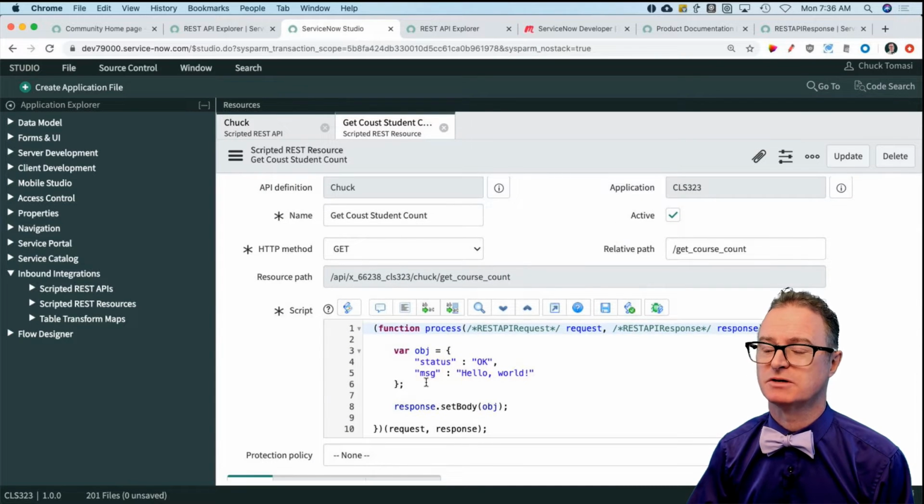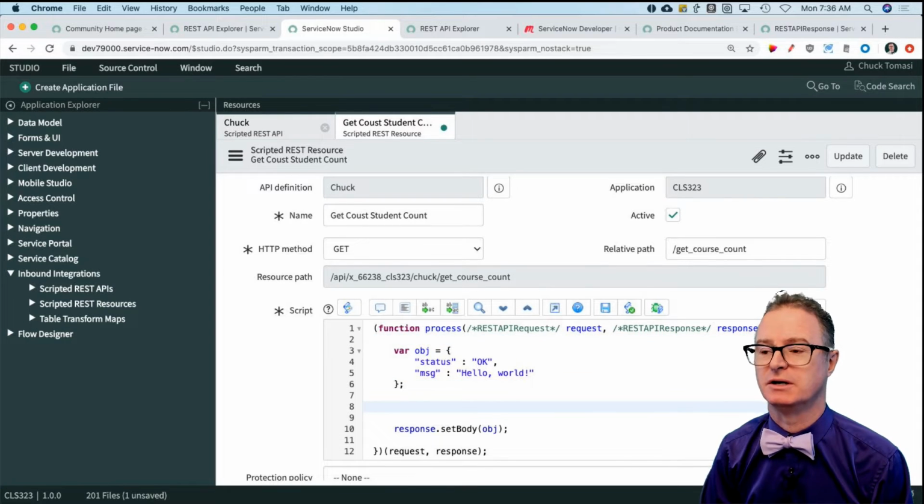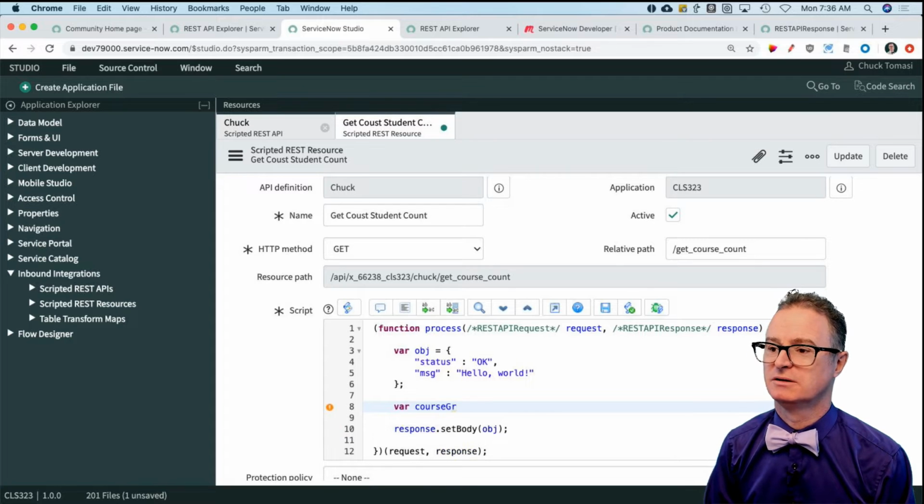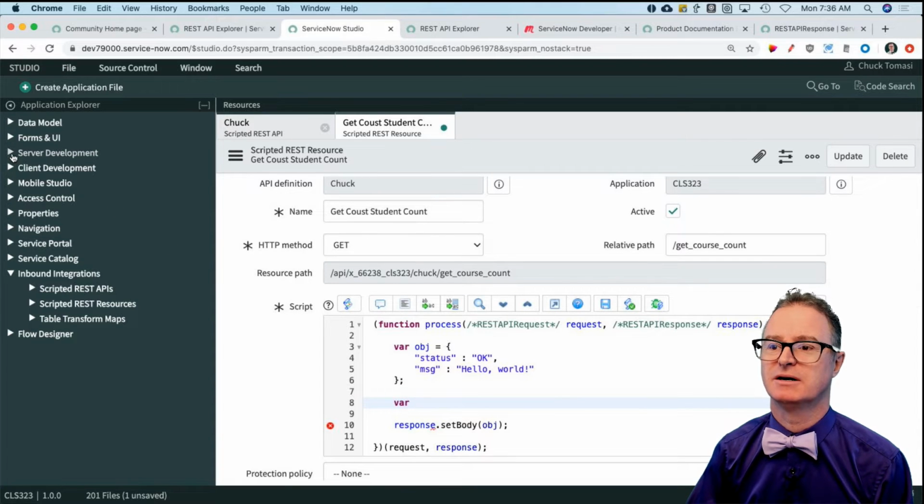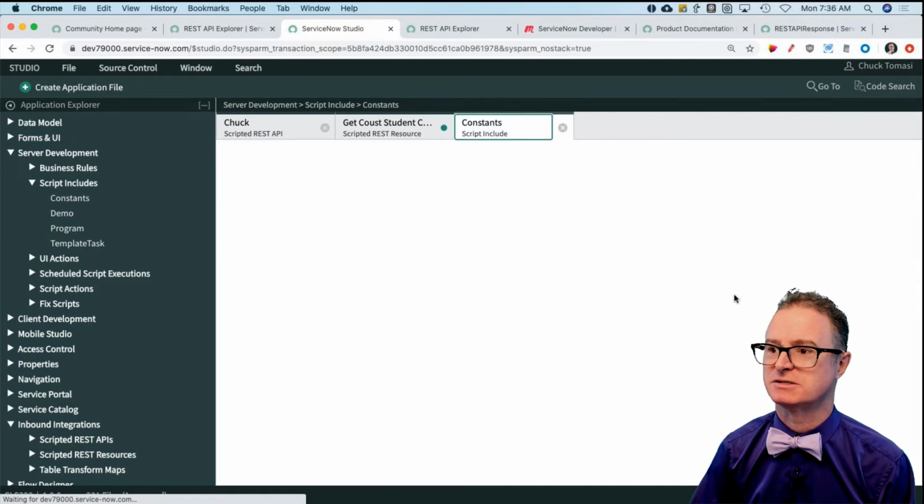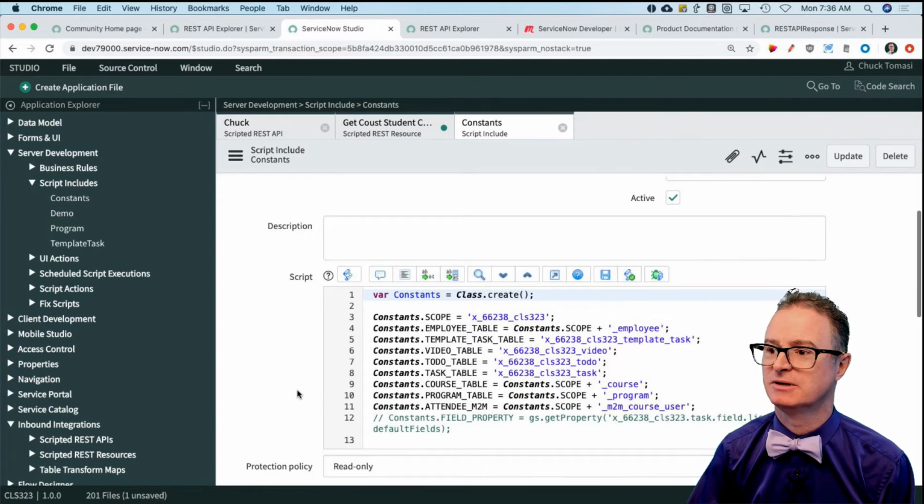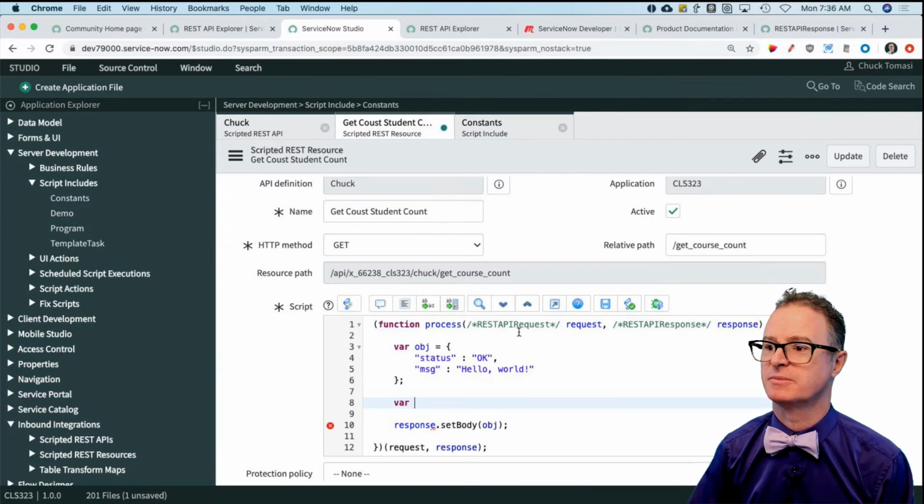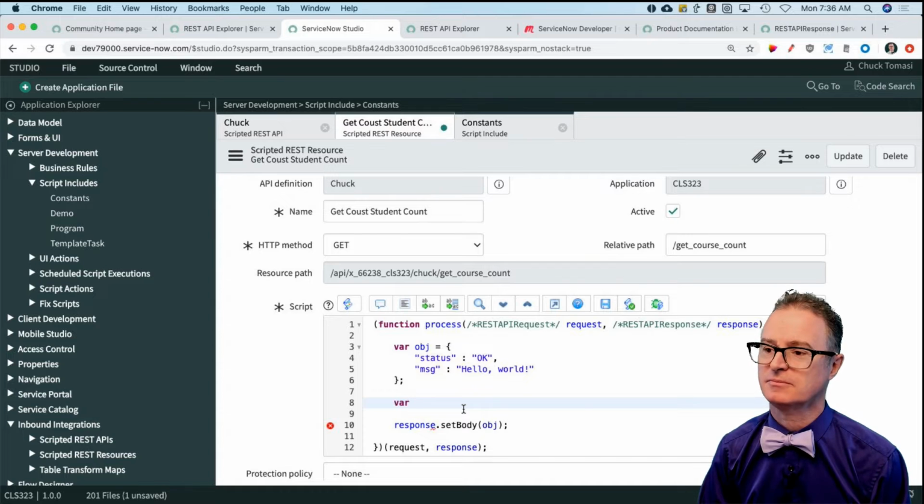And of course, being a server-side script, I can add any server-side code that I want in here, like var course.gr. No, I can't remember the name of the many-to-many attendee table. I have to go to my script includes, look at my constants. I wrote this, what, last week on my many-to-many table? Do not remember. It was course user. Okay, so it's called attendee m2m. That's the table I want. I named these simple so I can remember them, and now I failed. Okay, attendee